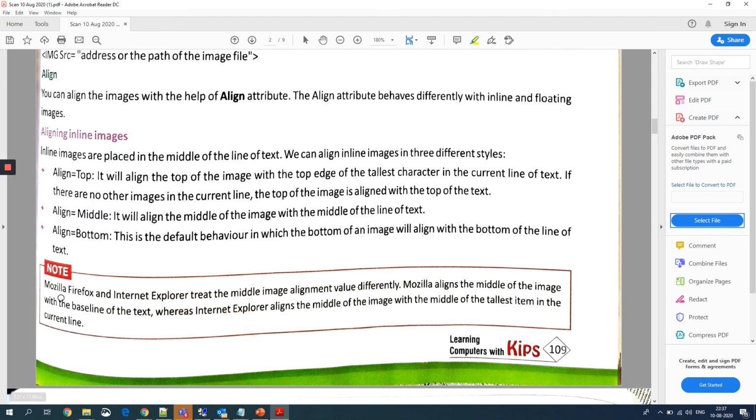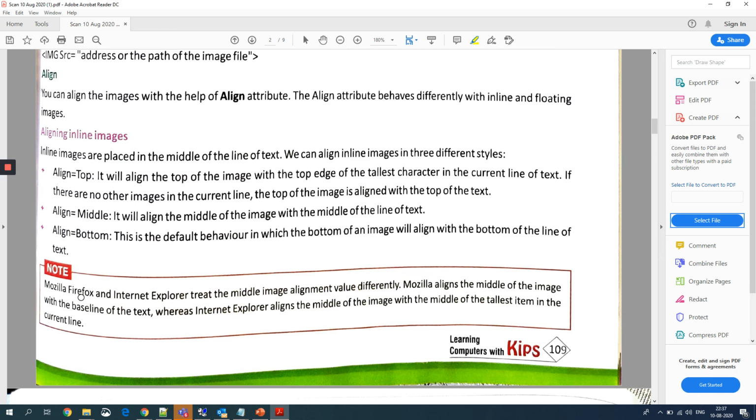Now they have given you one note. Mozilla Firefox and Internet Explorer treat the middle image alignment value differently. Mozilla aligns the middle of the image with the baseline of the text, whereas Internet Explorer aligns the middle of the image with the middle of the tallest item.